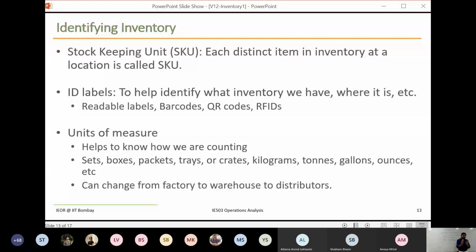So managing inventory, the first thing as operations analysts or managers you need to do is you should be aware what is coming in, what is going out. You should be aware of your process. Only then you will know how much there is in the company. It is not enough if analysts sitting in a computer room are aware of it. The people on the shop floor must be made aware. People in the warehouse must be made aware.